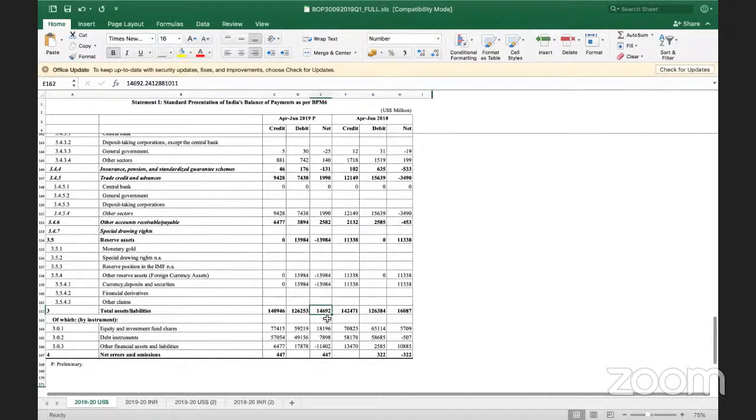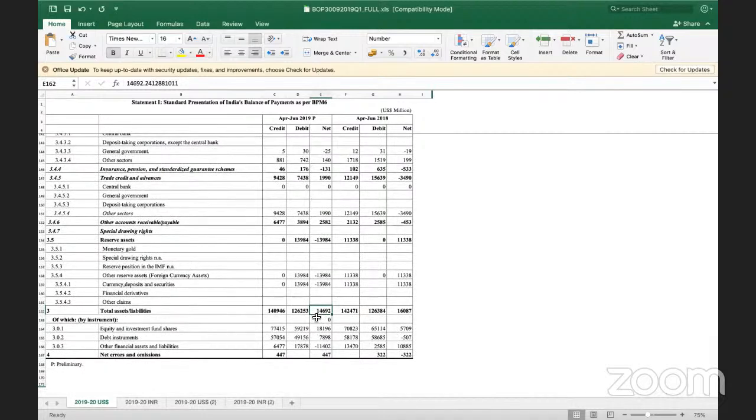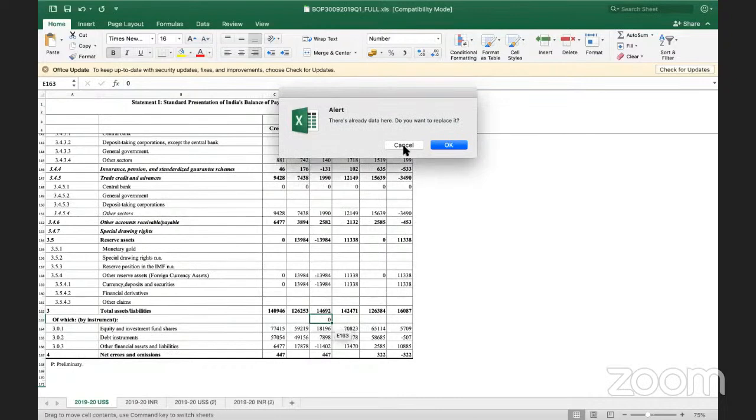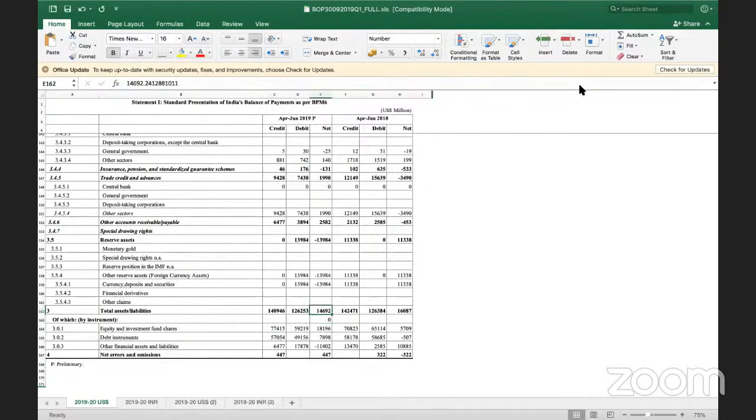Yeah, we have not revived. It is 14,692. It was positive. Last year it was positive. Our foreign exchange reserve, $14,692 million. Remember this, $14,692 million positive. It is not negative. Okay, then let us come to another statement.